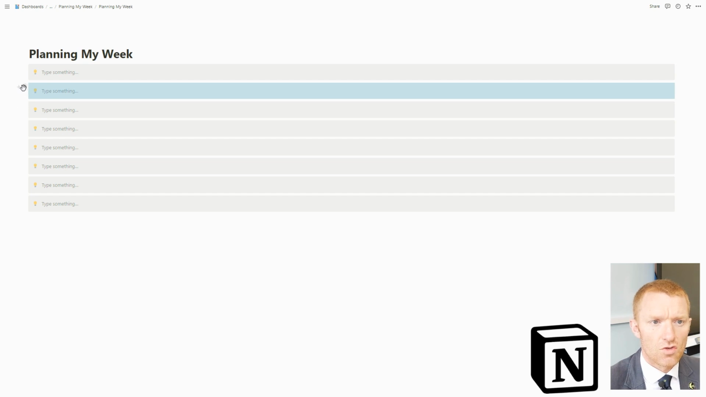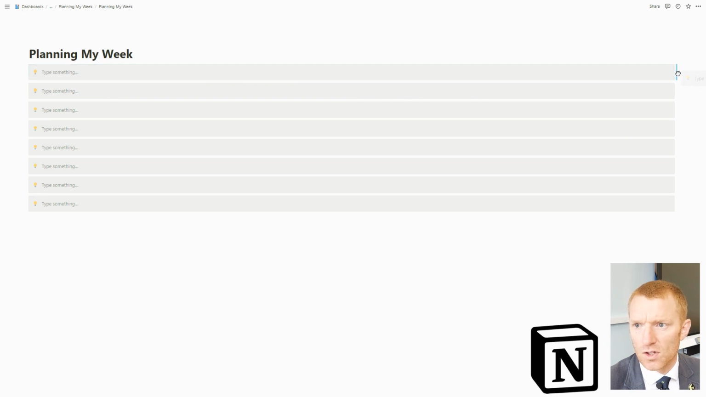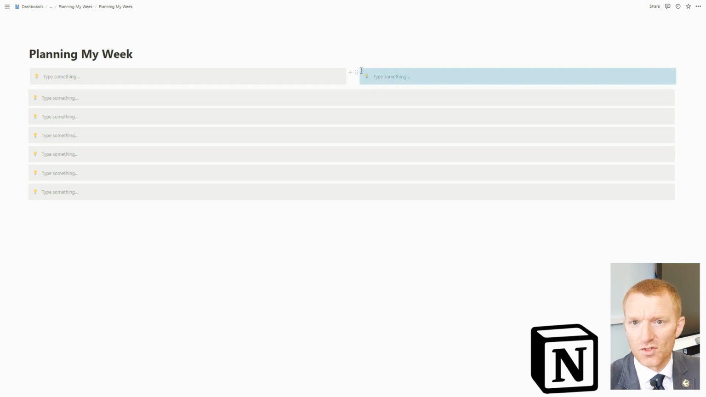So I'm going to jump down here, grab the 6 dots that you can see on the screen, and I'm going to drag that up to the right hand side. We're looking for this vertical blue bar, displayed at the far right hand side of my screen, just to the right of the top callout. I'll drop that. That's just created the second column. Do the same with the next callout down, create a third column,